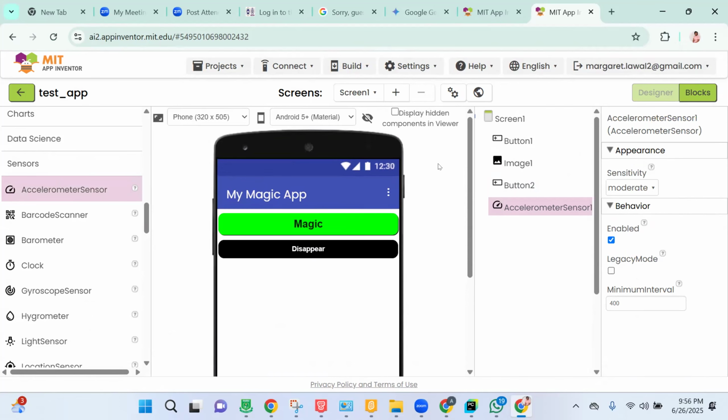And like I told you, we have the front end and the back end. The front end is where you do all your designs, you design your app. The back end is where you write your code. And also,